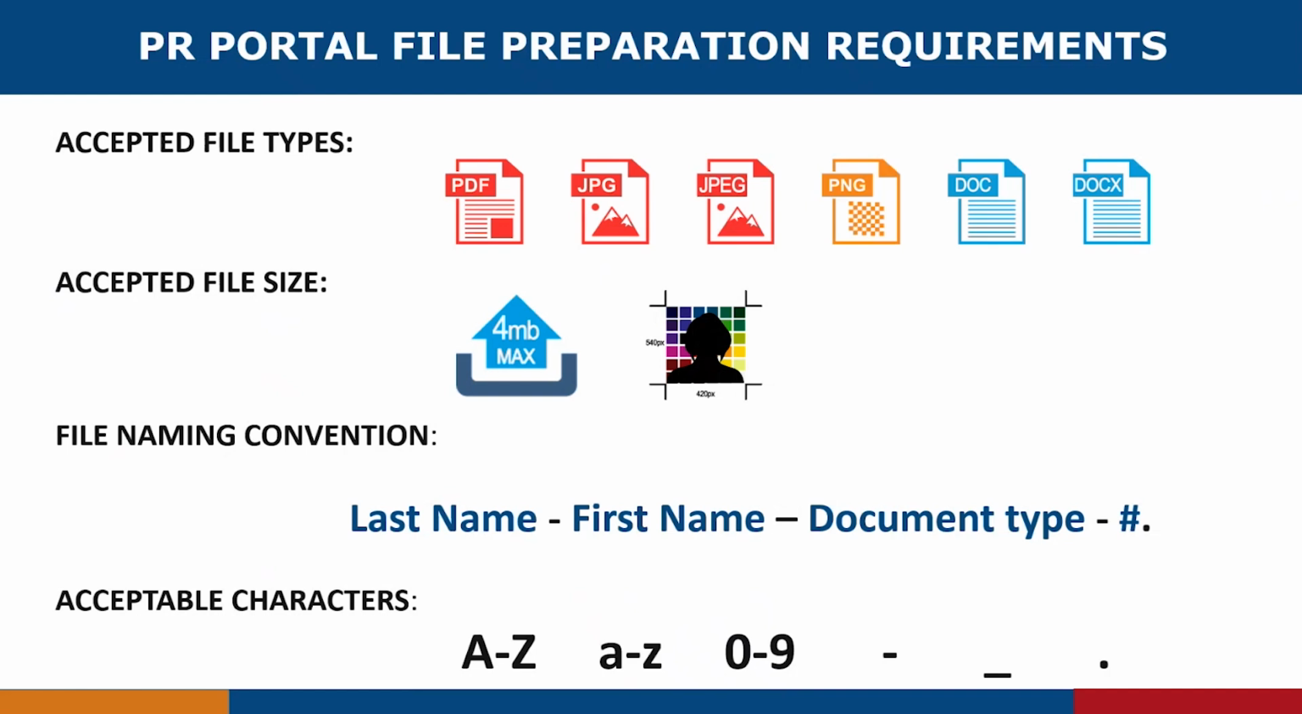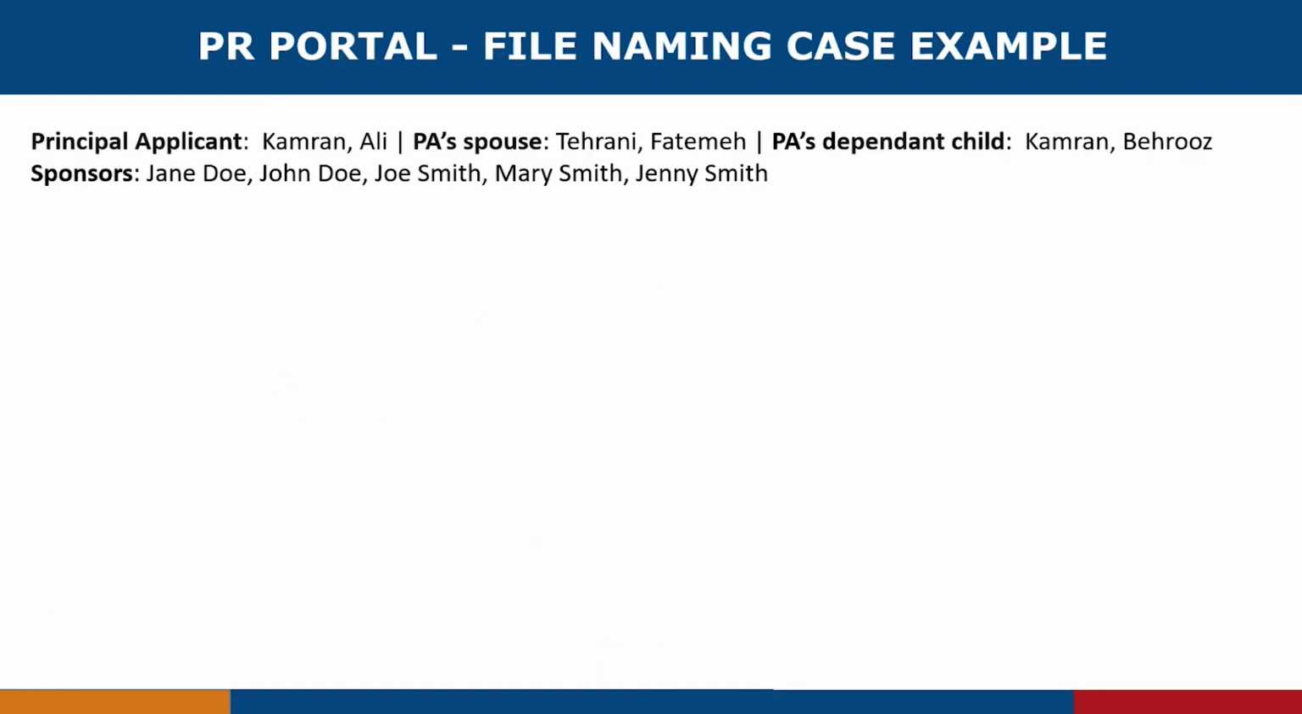This is important because you cannot use French keyboard letters that have accents, even when it's for a person's name. Look at a case example based on this principal applicant, their spouse, and child. So, for example, if the principal applicant has some documents to include for proof of education, such as a diploma